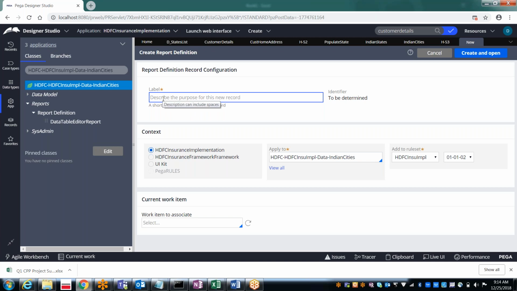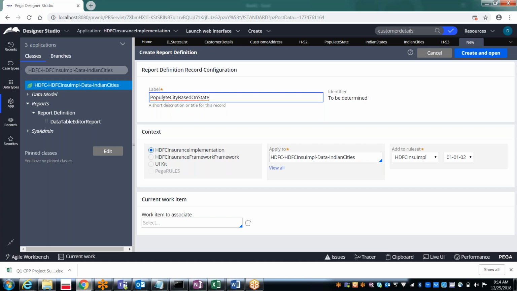Now we want to create it. For what purpose do we want it? Populate city based on state.